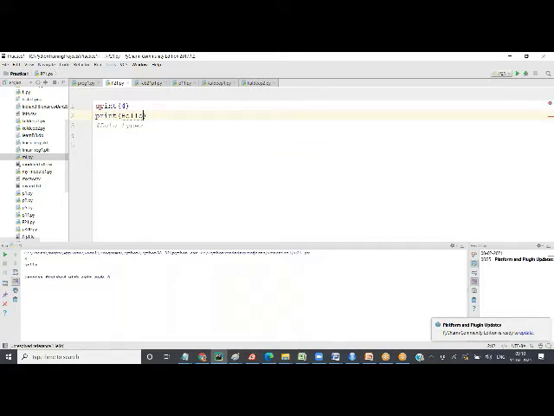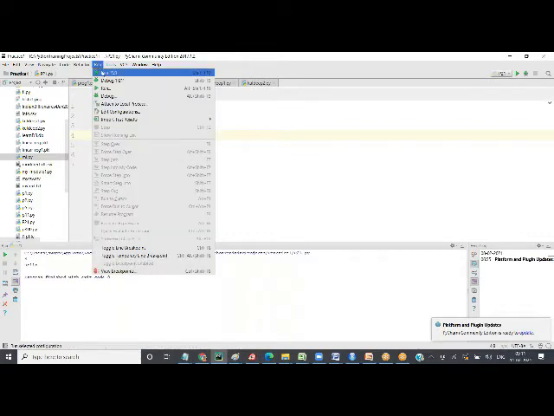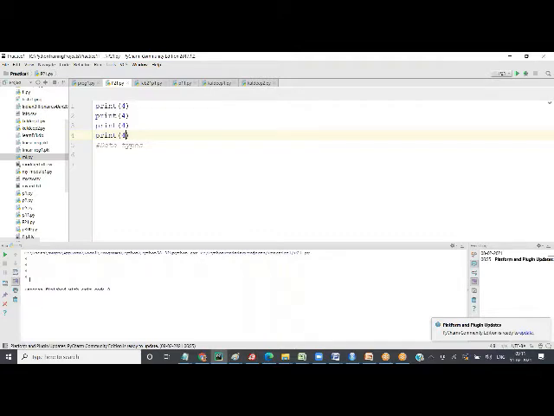The advantage of assigning to a variable is this. Let's say I want to print 4. So you have said print 4. Next time I want to print 6, and let's say this 4 is in multiple places. So I have print 4, print 4, print 4, print 4. I have four prints. When I run it, you get 4 printed four times.